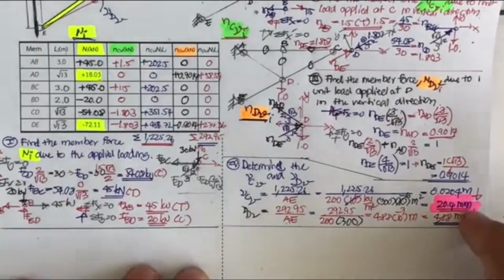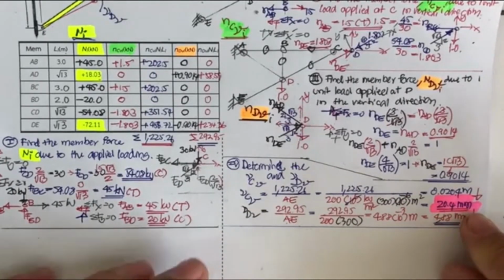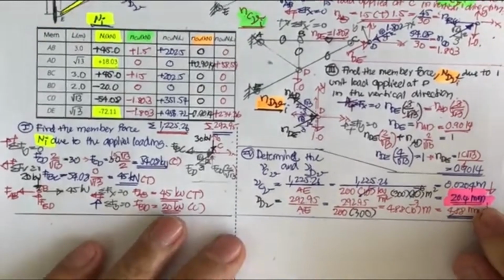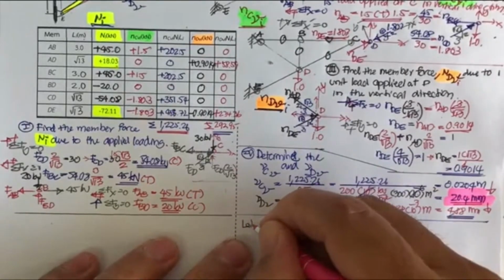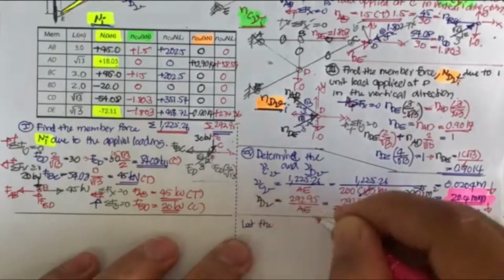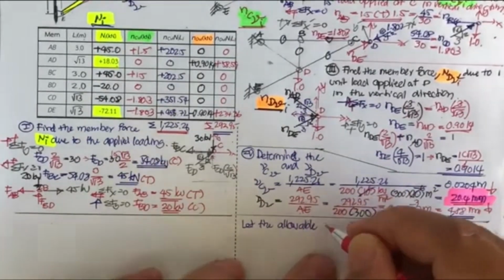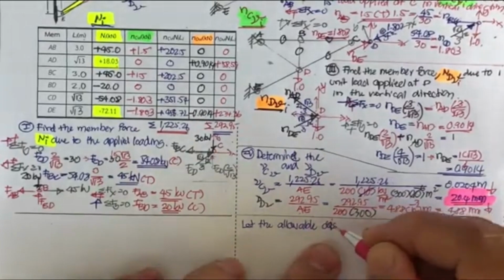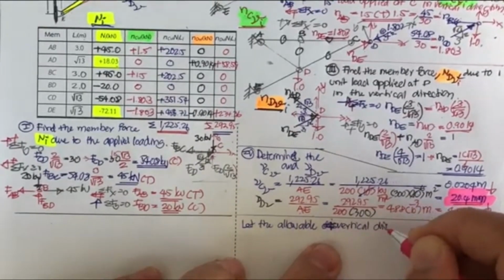If you try to reduce the deflection, that means the member is going to get larger, to make it stronger, stiffer. Let the allowable vertical displacement